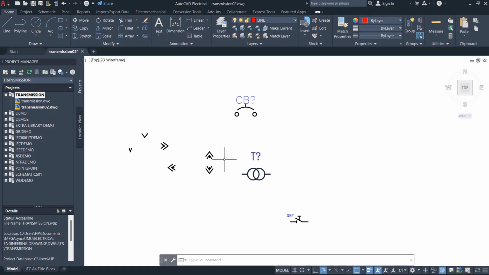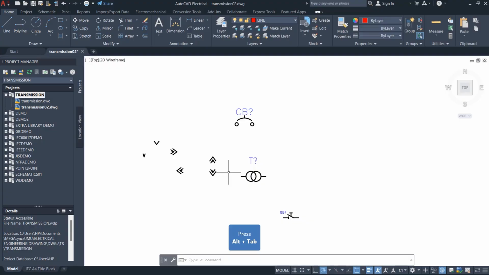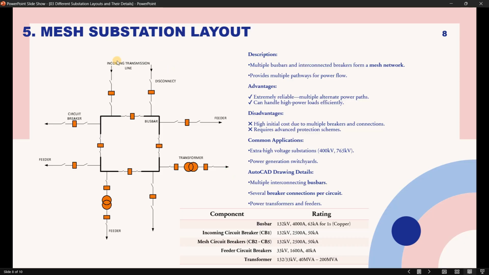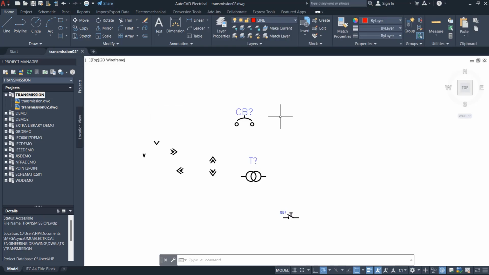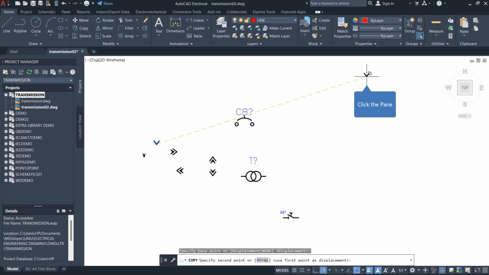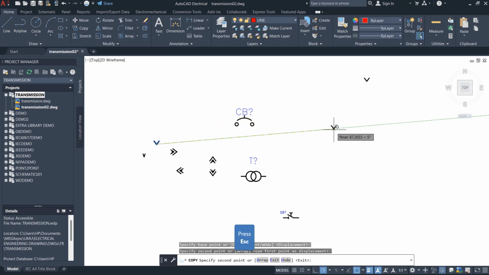now that we have almost everything we need, what I'm going to do is create the incoming line, this one. Just create one and then make a copy of it. So we need a disconnect, circuit breaker, disconnect. So that's what we're going to do. So start with this. You can just make a copy of it, copy and put it here. Then